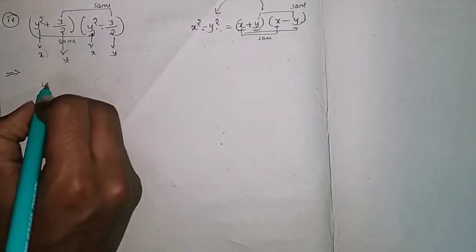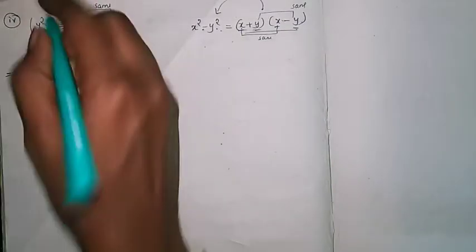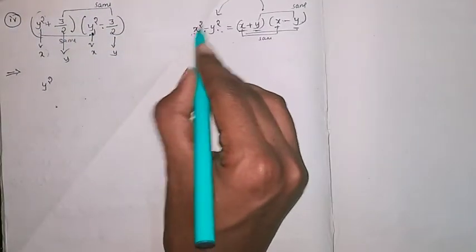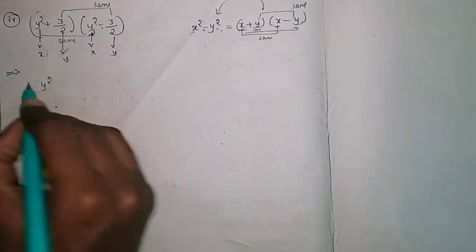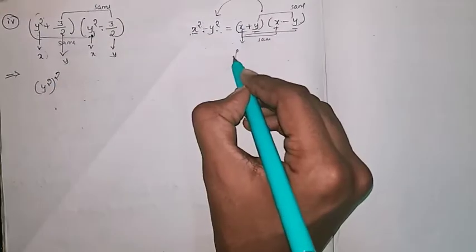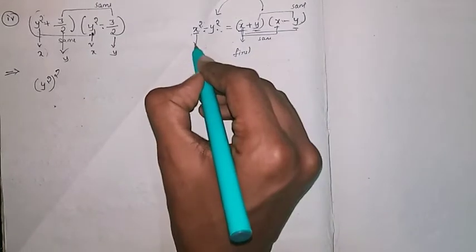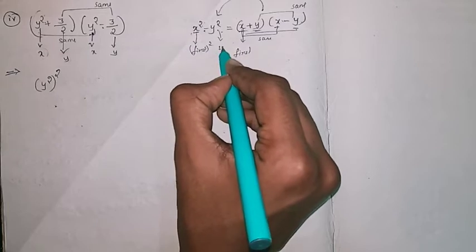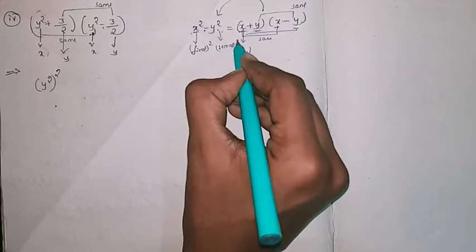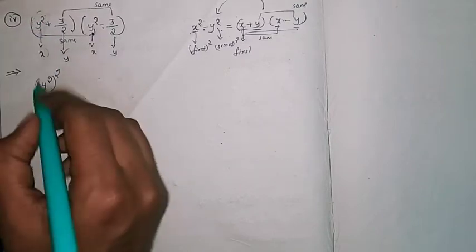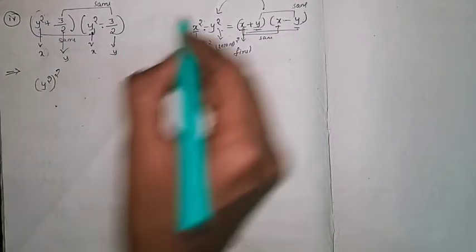where x term here, the whole term is y square, but we have x square. So this is the first term square. So x square means it is the first term. Yes, this is the first term square, and this is the second term square. So what is the first term here? Y square. The y square is the first term, that's a square.